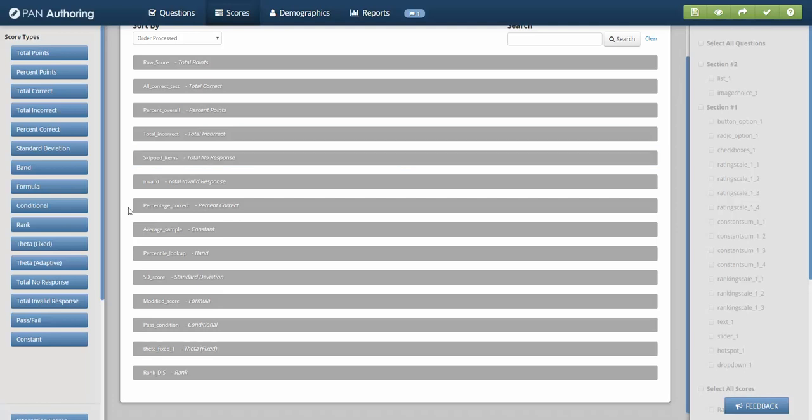Some of the more advanced scoring modules like to break down scoring into a single value or an estimate of the candidate's ability. Those are commonly referred to as theta, and they can be broken down in our system into fixed scoring and adaptive scoring. The modality is important in that theta adaptive is driven by an adaptively delivered assessment, whereas theta fixed is